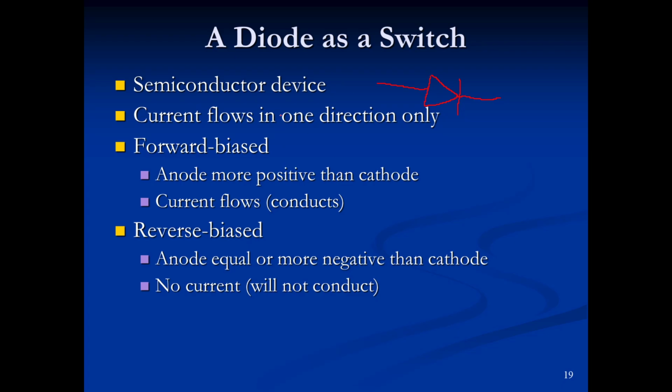So a diode, you can think of it as current flowing in one direction. It's allowed to flow in one direction only. And the condition in which it allows current to flow is this one here, when the anode is more positive than the cathode. So the two sides of a diode are the anode here